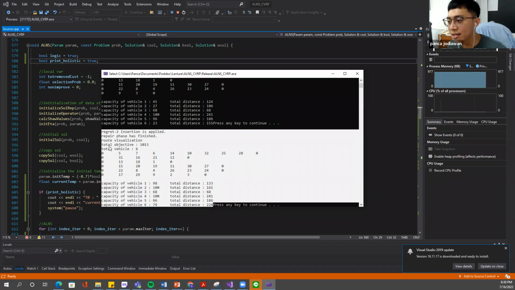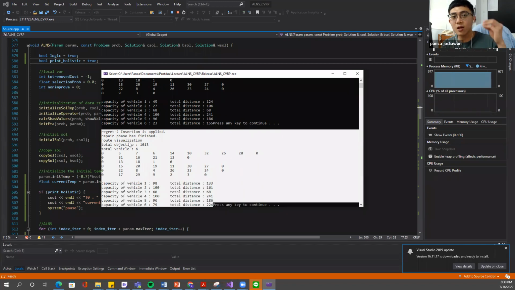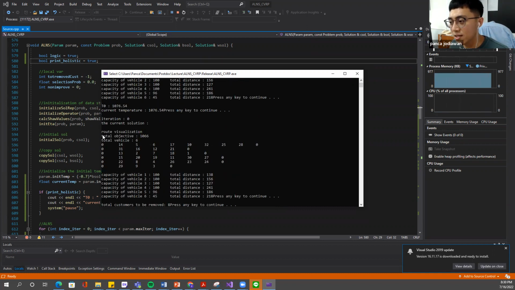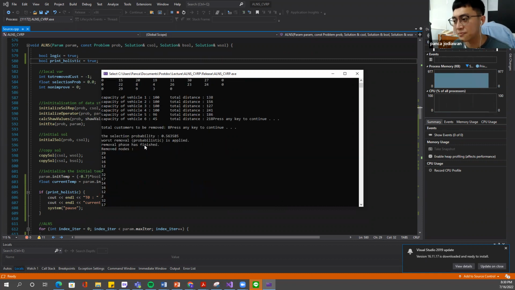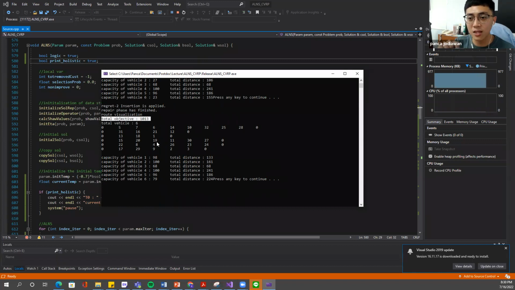After the regret insertion has finished, it means that we have successfully inserted all the removed customers, the 8 customers removed earlier, into the routes. And here the total objective is 1013. If all the participants still remember, the initial solution is 1066, and when you repair it, the total objective becomes 1013.